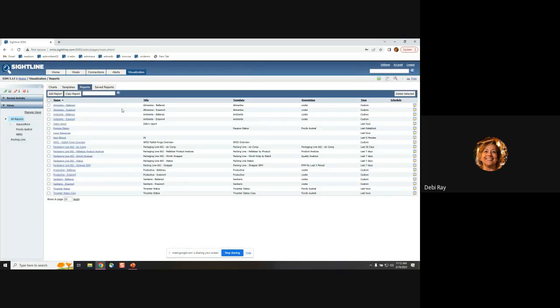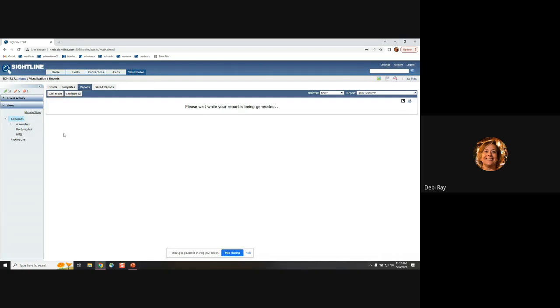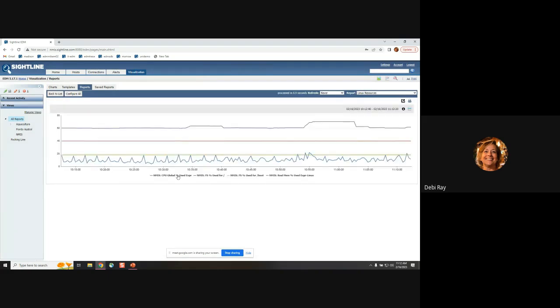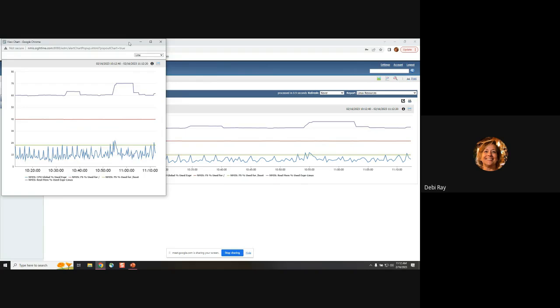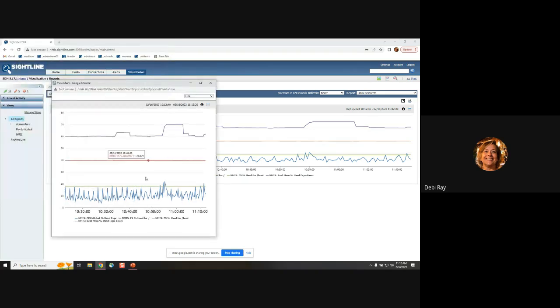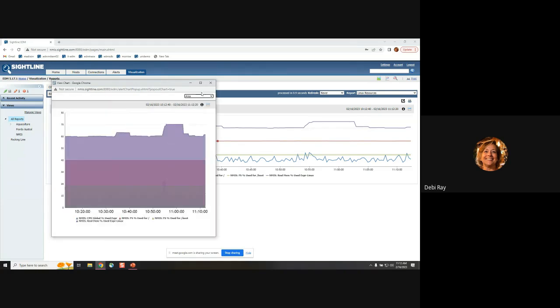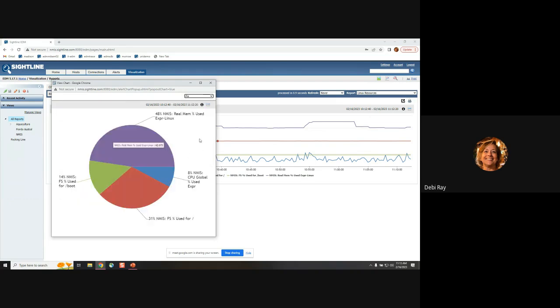Let me see if I can find one that's a line view, because that's actually a little bit easier to play with. This one is, again, about the Linux system. Okay, if I pop out the chart, it's one of the options in the chart menu, then I can manipulate this chart without changing the report. And so I can change, maybe I want to see what it looks like as an area view, or maybe I want to see what it looks like. Here's a high view, right? So we've got a lot of different display options. Let me change that back to